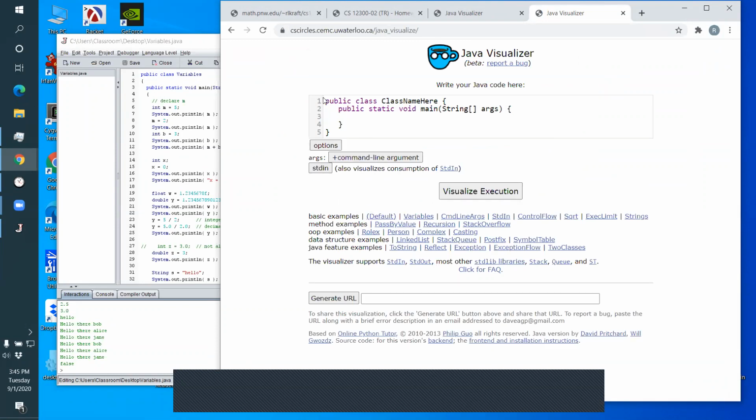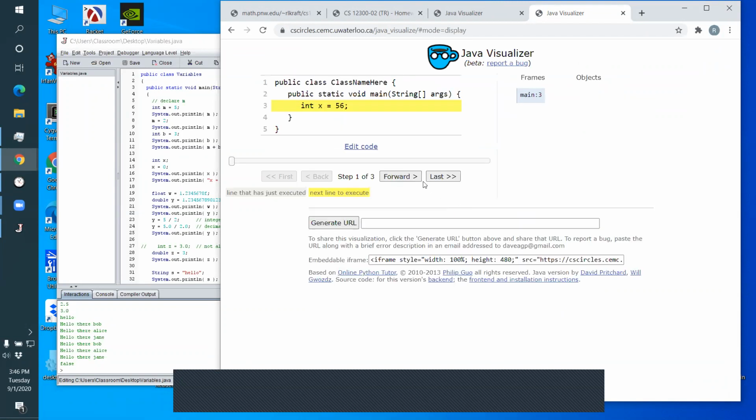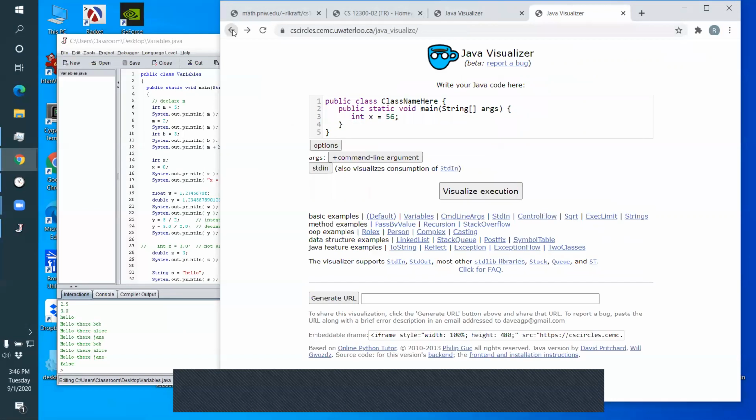They put a little bit of boilerplate code in there, so you can just type a piece of Java and visualize it. You click forward, and what it did is create that variable X. That's all it did, was create a variable X whole 56. So the visualizer comes up with